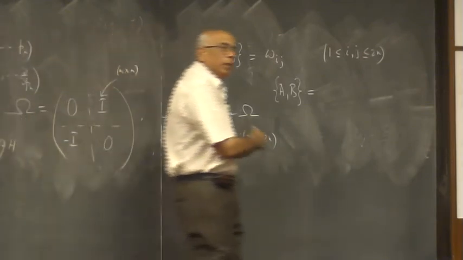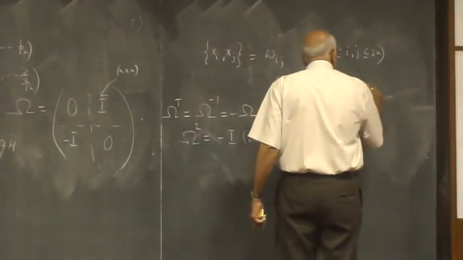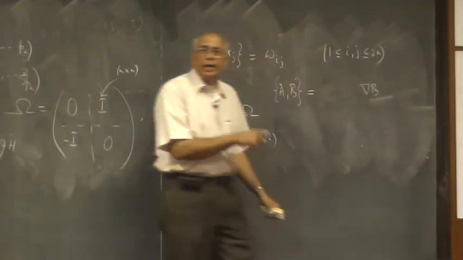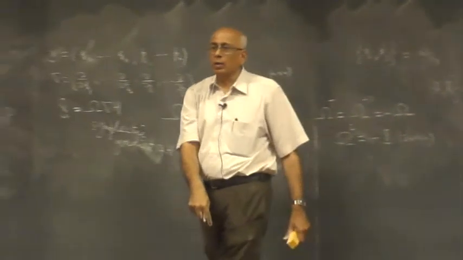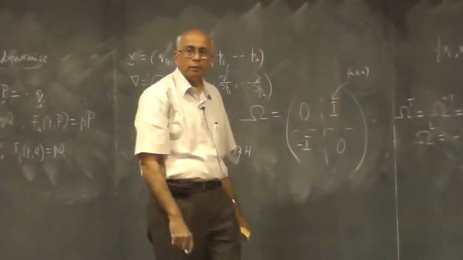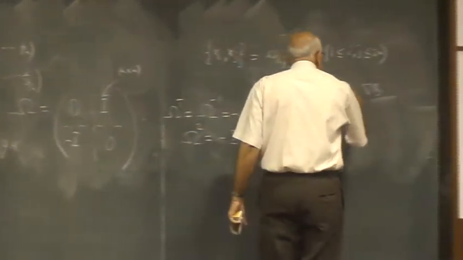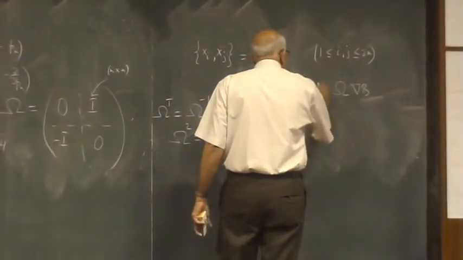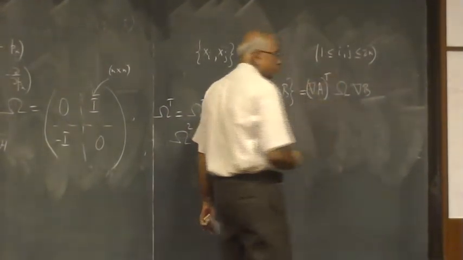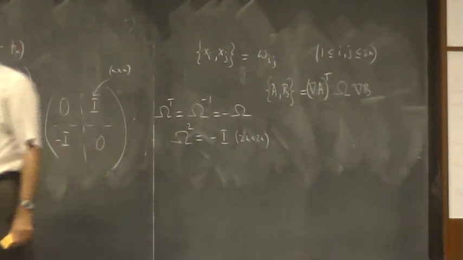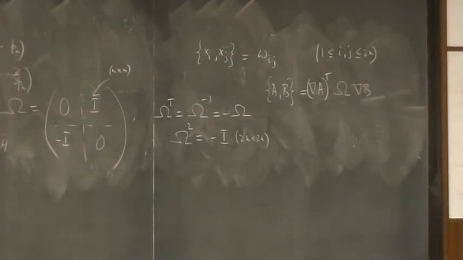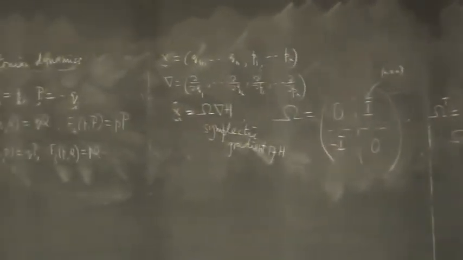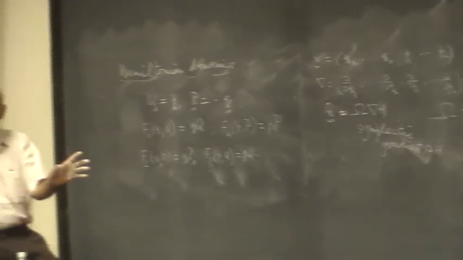Then it turns out this can be written in the form: the column vector, the gradient of B, a 2n by 1 column vector with respect to all these variables, multiplied by omega, and form the column vector of A and take its transpose. And then it's equal to this. Now just look at the structure of that thing. If you had just delta A, a column vector, row vector, with the delta B, I would call it the dot product of the